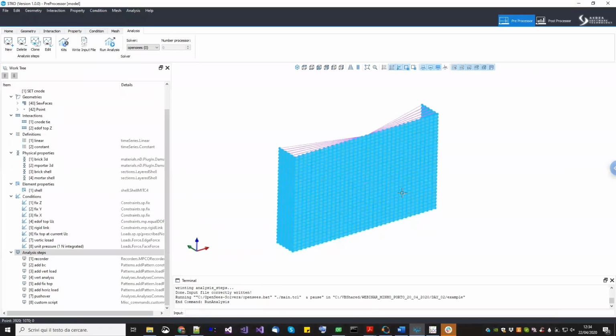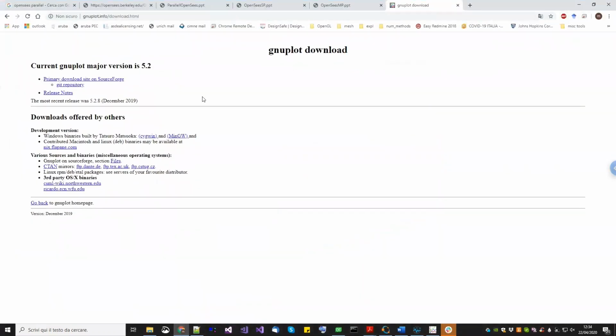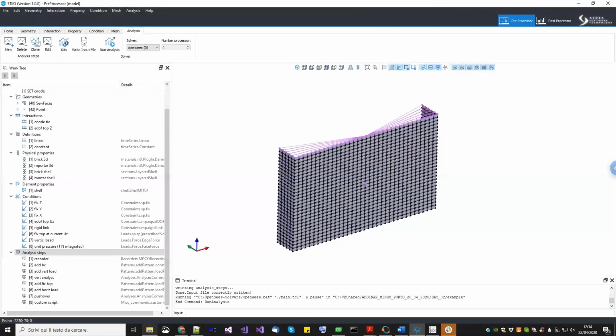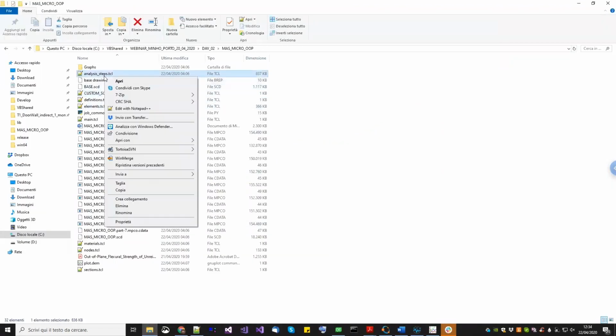Okay, now whenever you have a model that is already built for sequential analysis, it is very easy to convert it for OpenSeesMP. So if you recall, I told you that you have two parallel versions of OpenSees, OpenSeesSP and MP. Now, I'm not going to talk about OpenSeesSP because it is very simple to use. You just take the input files that you have here, and you just have to change the solver in the analysis steps